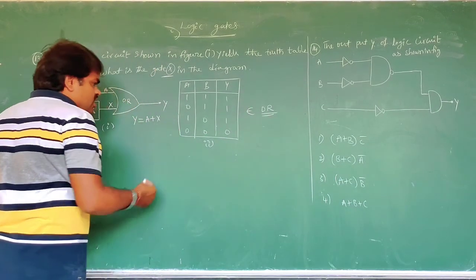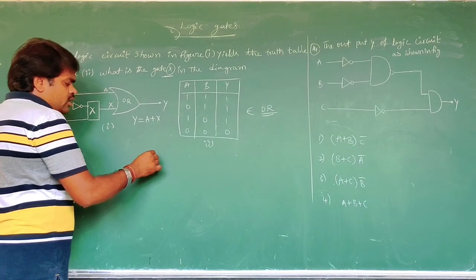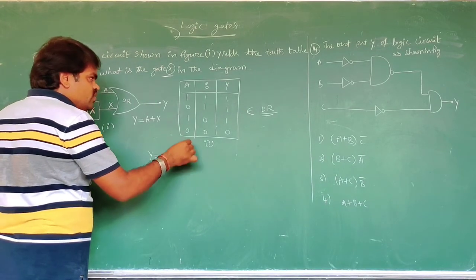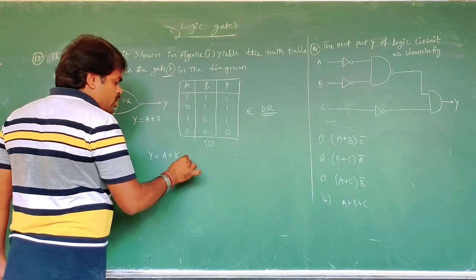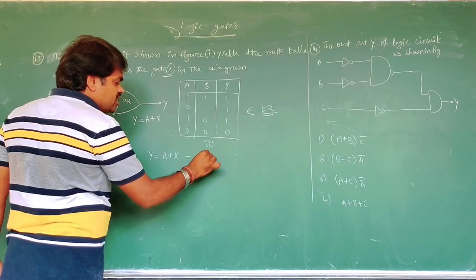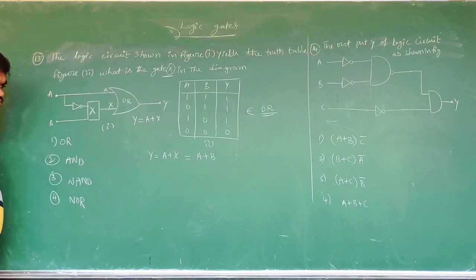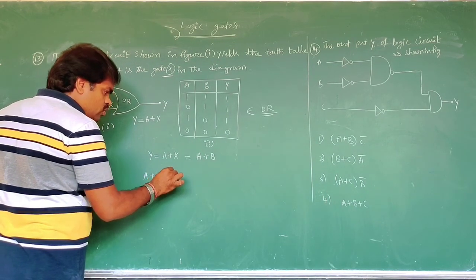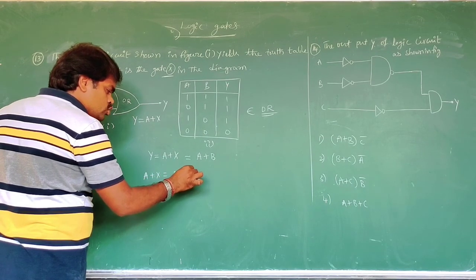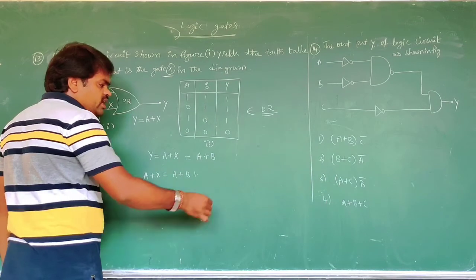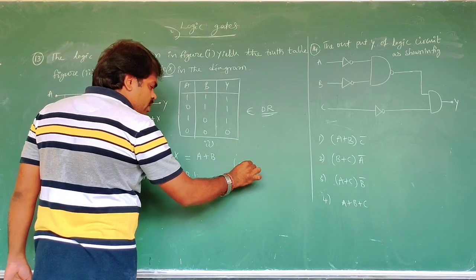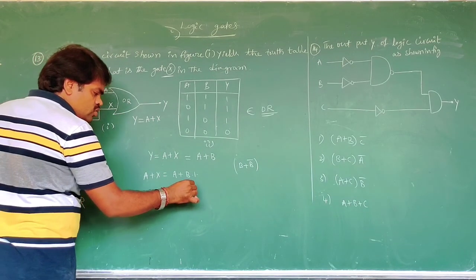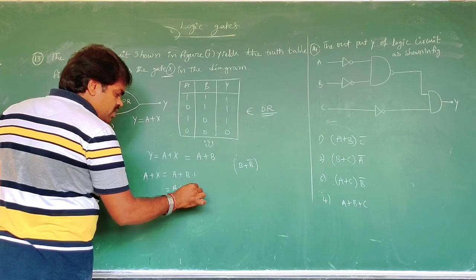That's why Y is equal to A plus X. This is from the figure, but this is from the truth table. From the truth table, it is the OR gate. That is A plus B. Then here we can modify: A plus X is equal to A plus B into 1. We know that B plus B bar is a 1. Then what you substitute here? 1 plus B into, that is B plus,